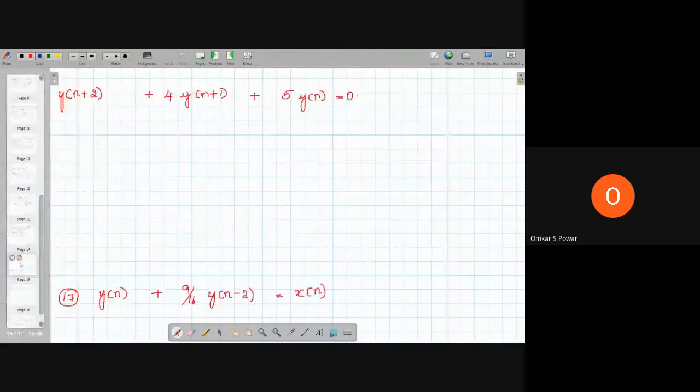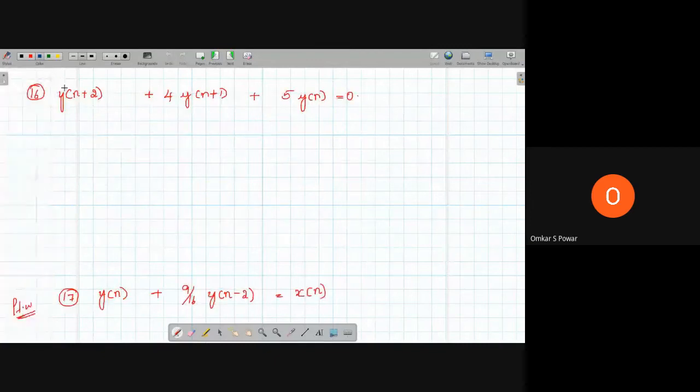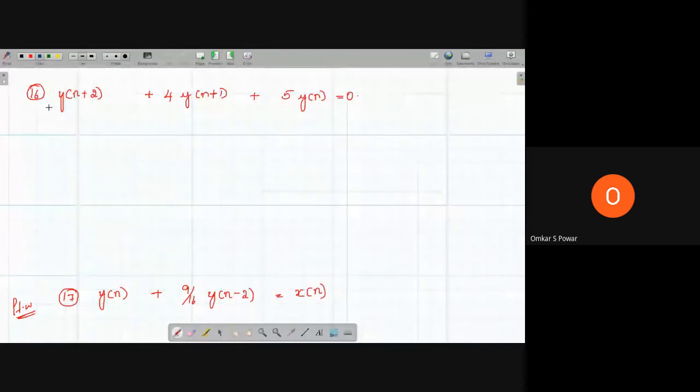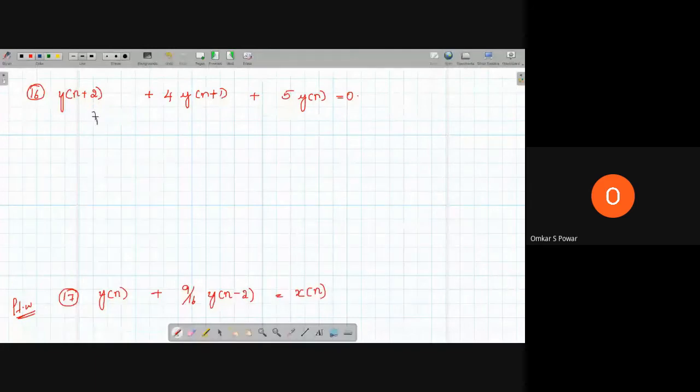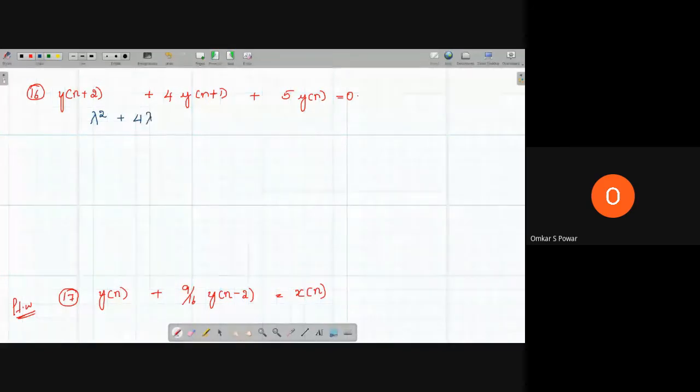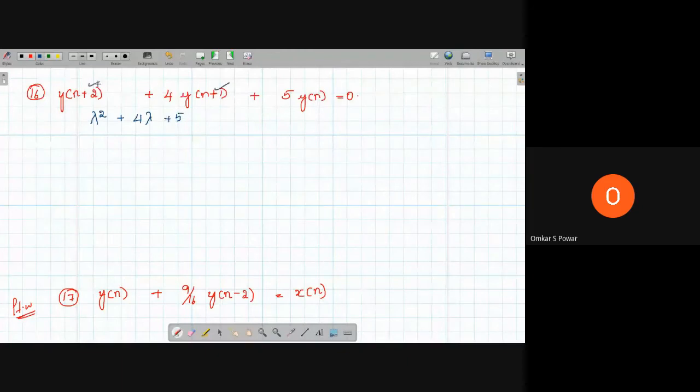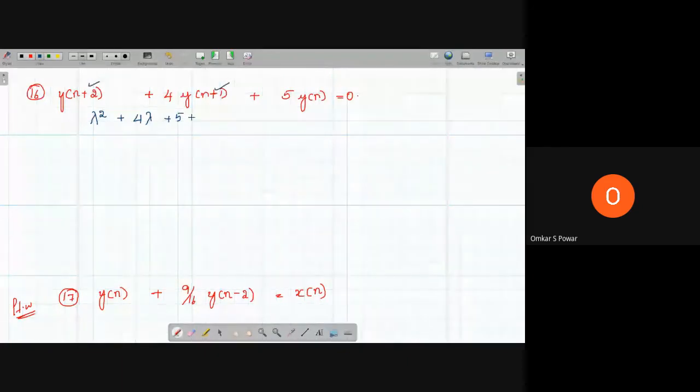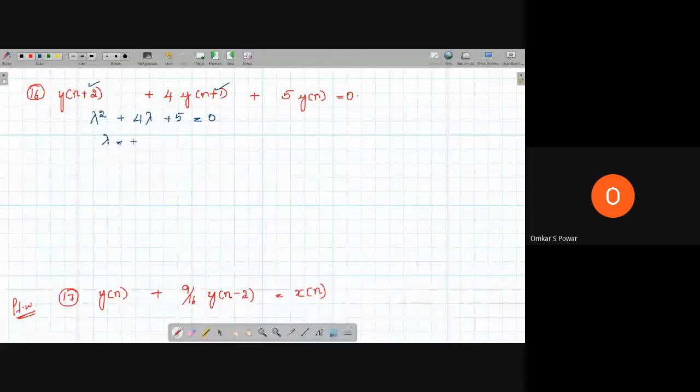So please observe for imaginary. This is a little bit different. First we will write our characteristic equation. What is our characteristic equation? Lambda square plus 4 lambda plus 5 into lambda to the power of 0. Based on this only we are giving to the power of lambda is equal to 0. If you solve in calc mode equation degree 2, you will get lambda value as minus 2 plus or minus j.